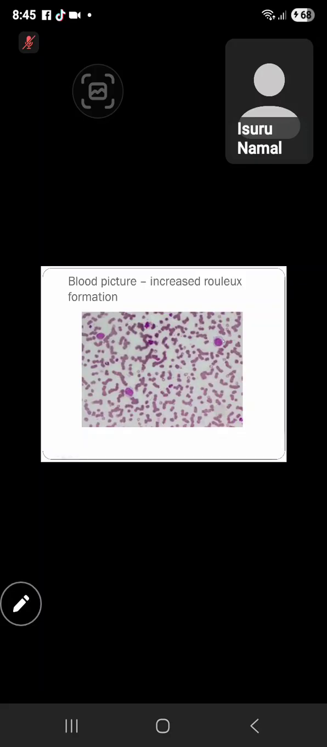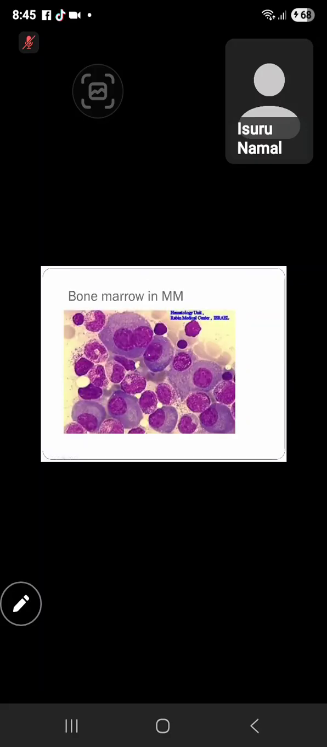This is not clear. I will show you. Now here, this is a clear picture. You see a lot of plasma cells present. Now, what are the features of a plasma cell? This is a plasma cell. You can see an eccentric nucleus here. In theory, the books say